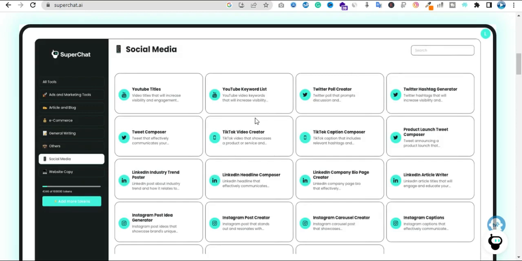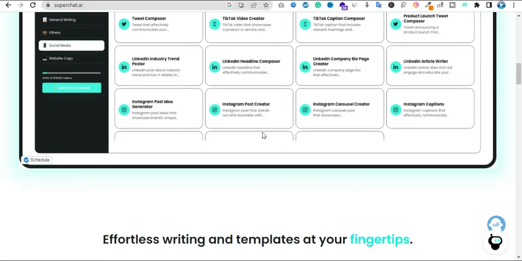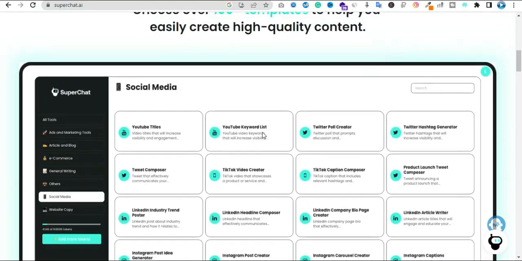Another thing I like about Super Chat is its user-friendly interface. You will find it easy to use. You don't have to be a computer genius to use this powerful tool.